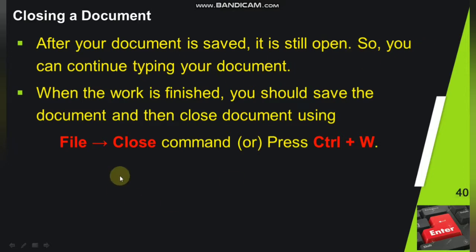For closing your document, you can choose the File menu and press the Close option, or you can press Ctrl+W as a shortcut key. So Ctrl+W is for closing your document. Okay, underline this Ctrl+W, and Ctrl+S for save, Ctrl+O is for open. All the shortcut keys are very, very important.